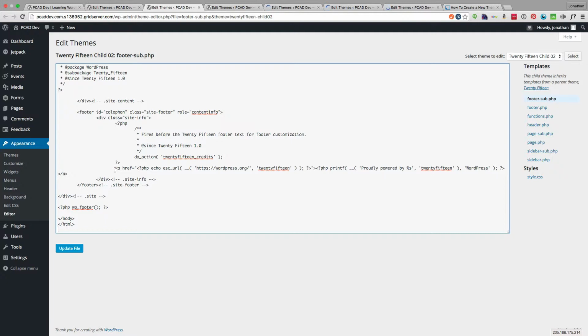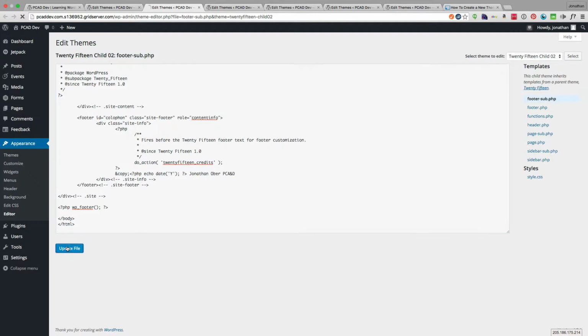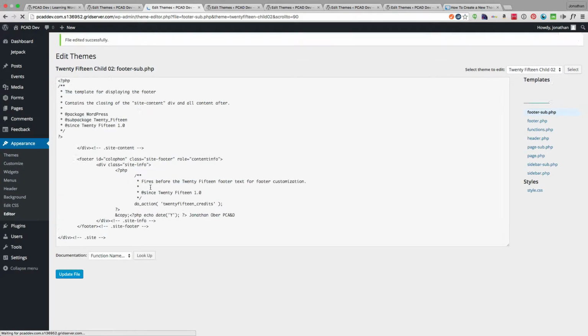And just so you can see that I'm doing something different here, I'm going to echo out our copyright date. Okay, so we're using a different footer,